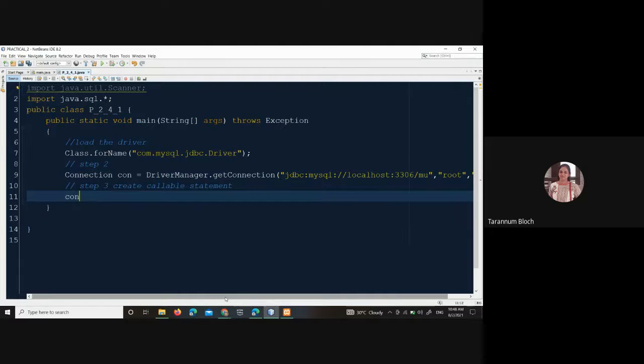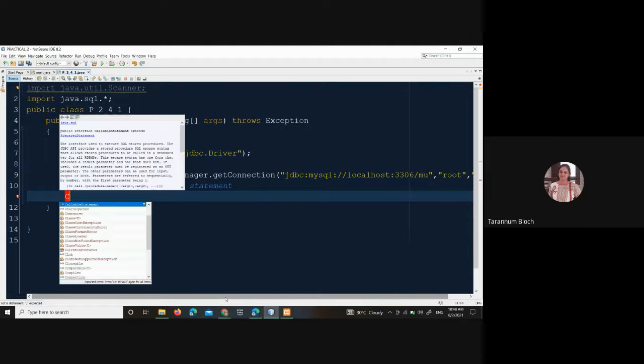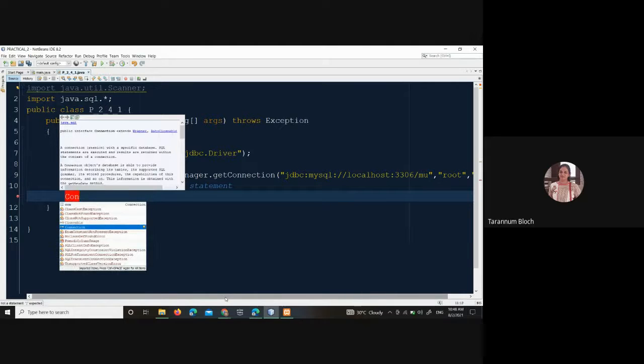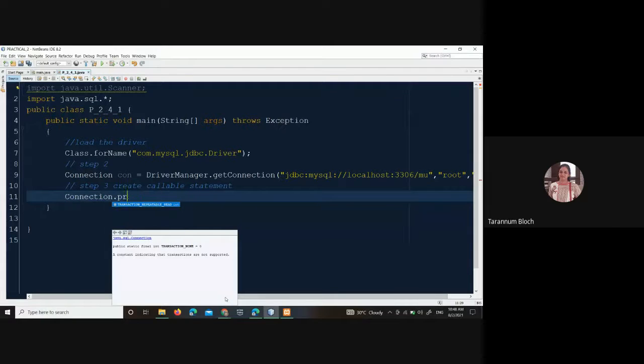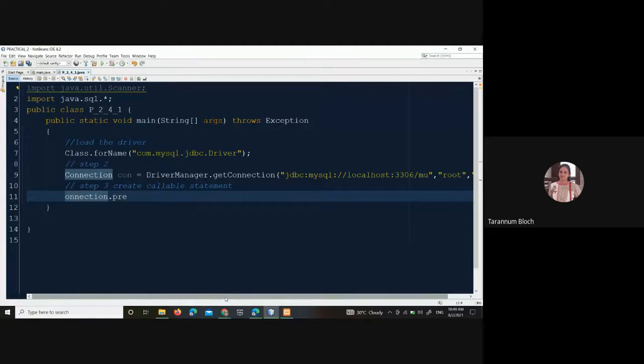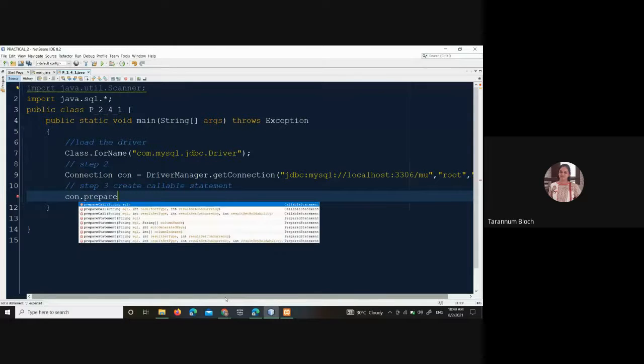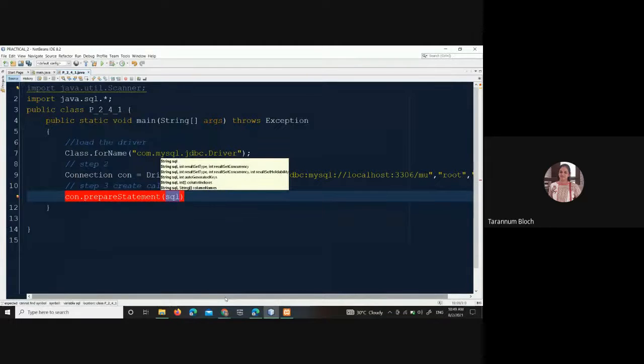Step 2 is to create the connection. C is small, only the con object name we will write. Con dot prepare call.